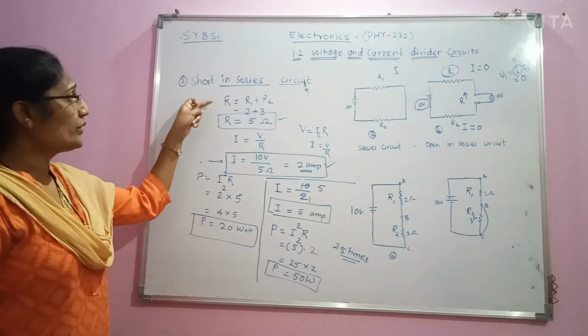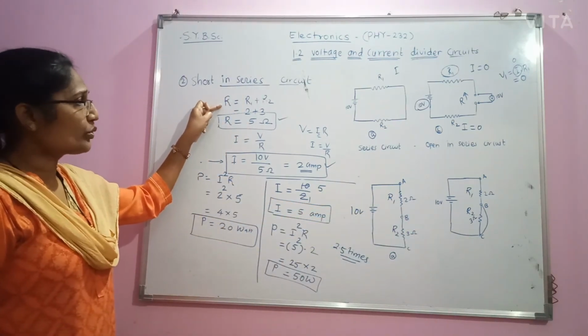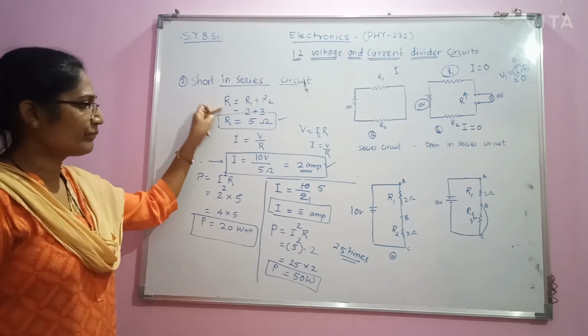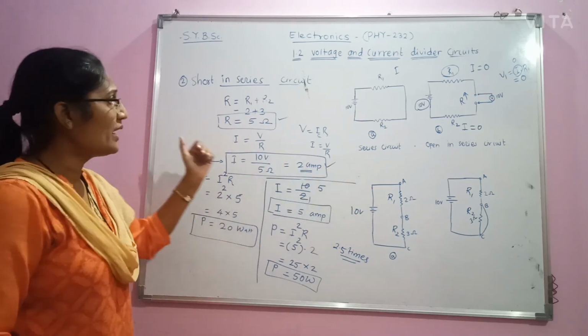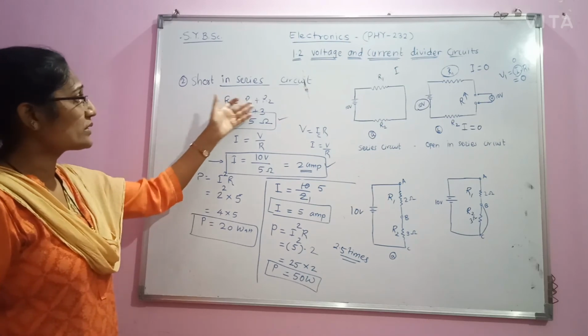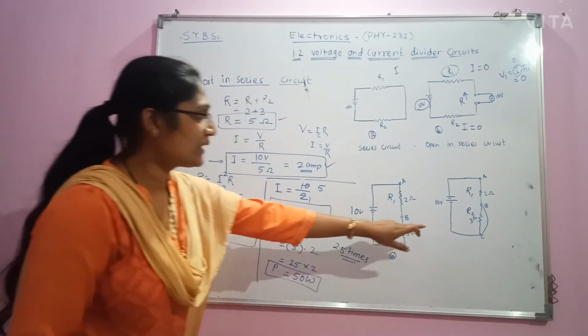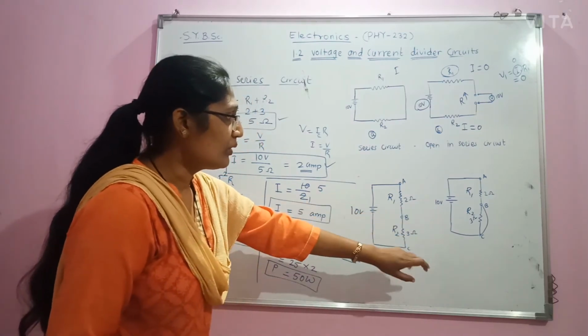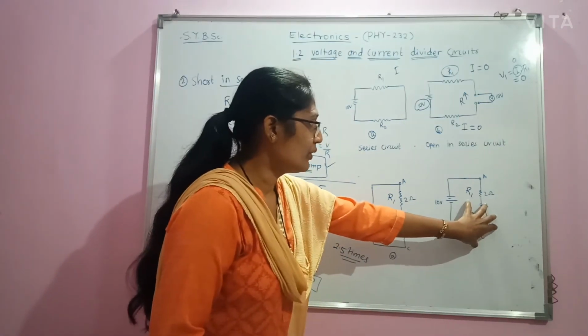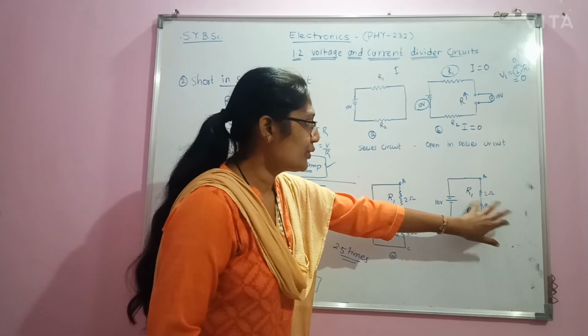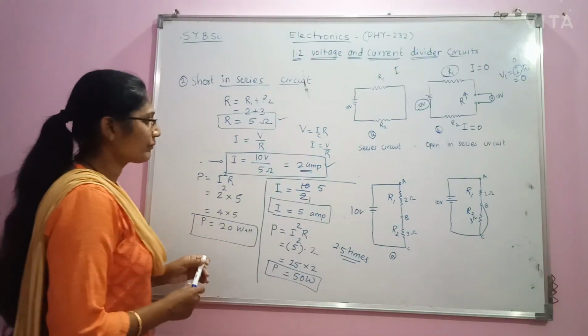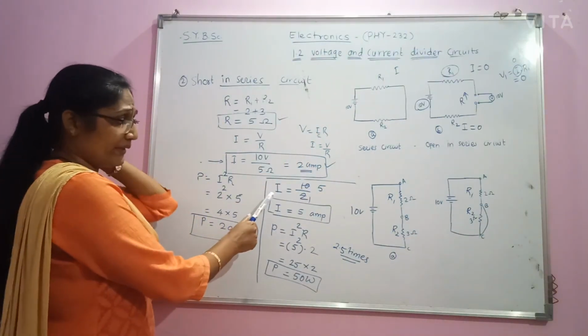Now, what we did: we calculated the total resistance of the initial circuit, and its value was R1 plus R2, that is 5 ohm. But in case of this circuit, now this part is removed, therefore only the contribution due to R1 is there, and we have calculated the current